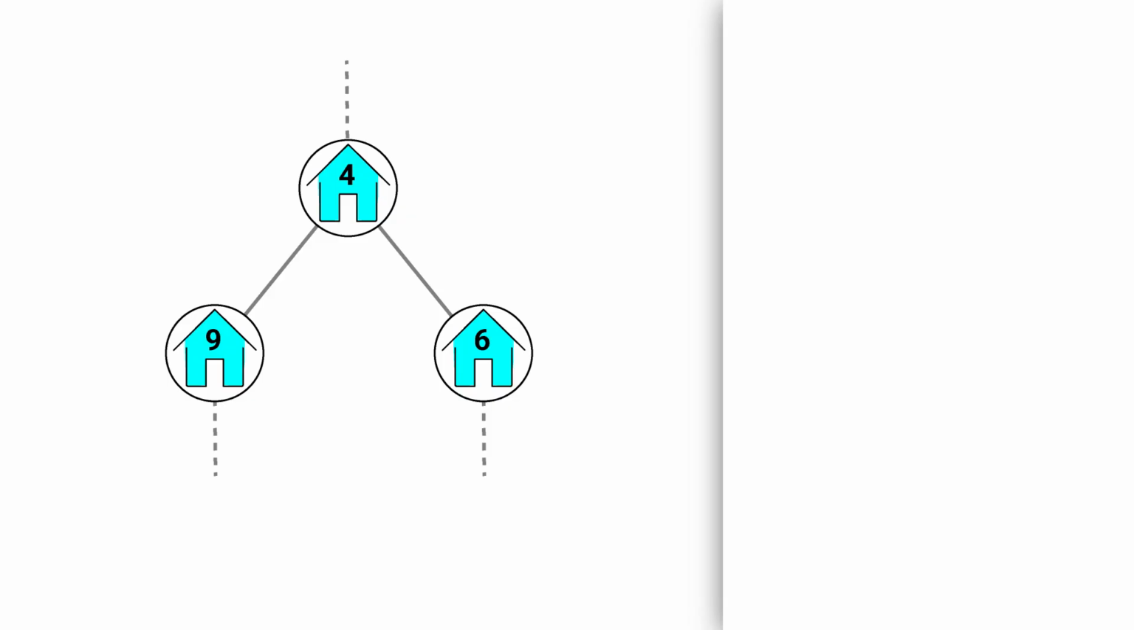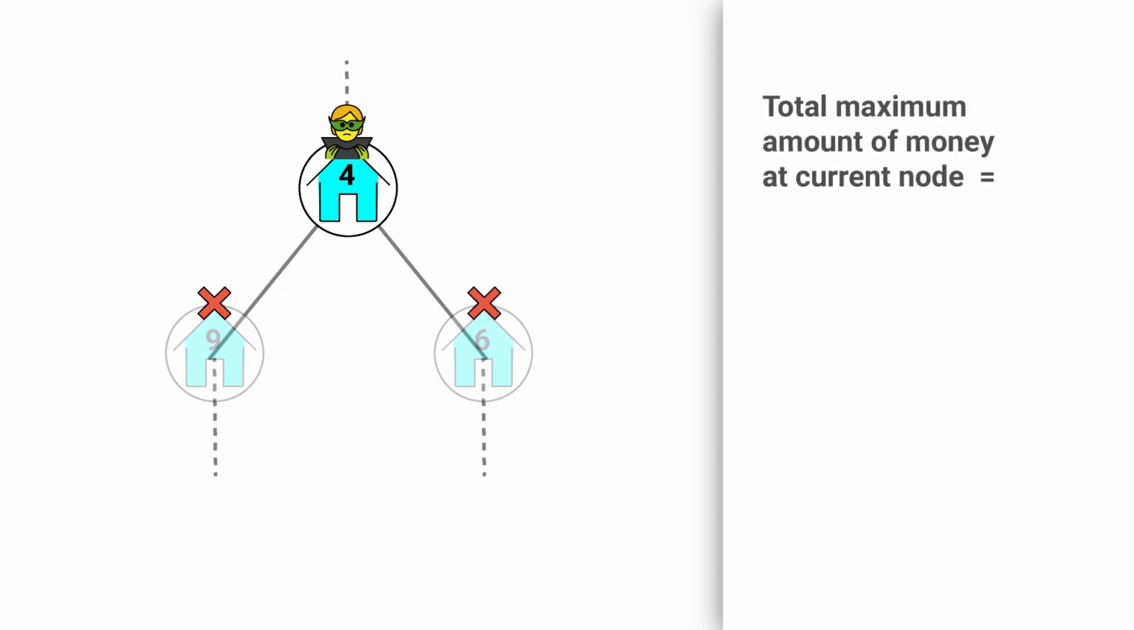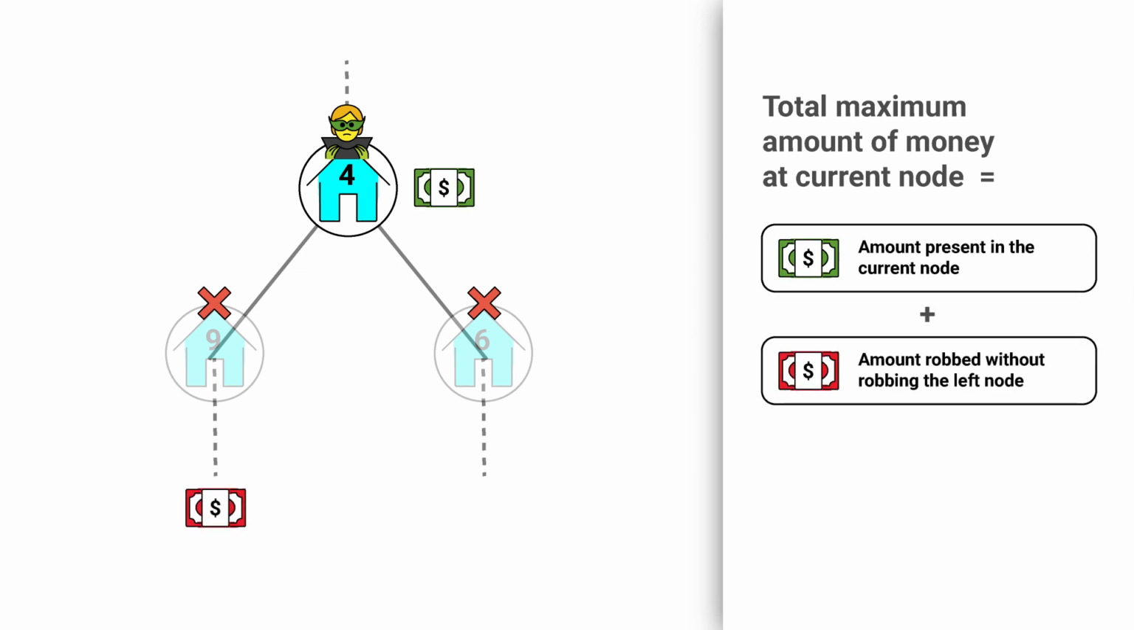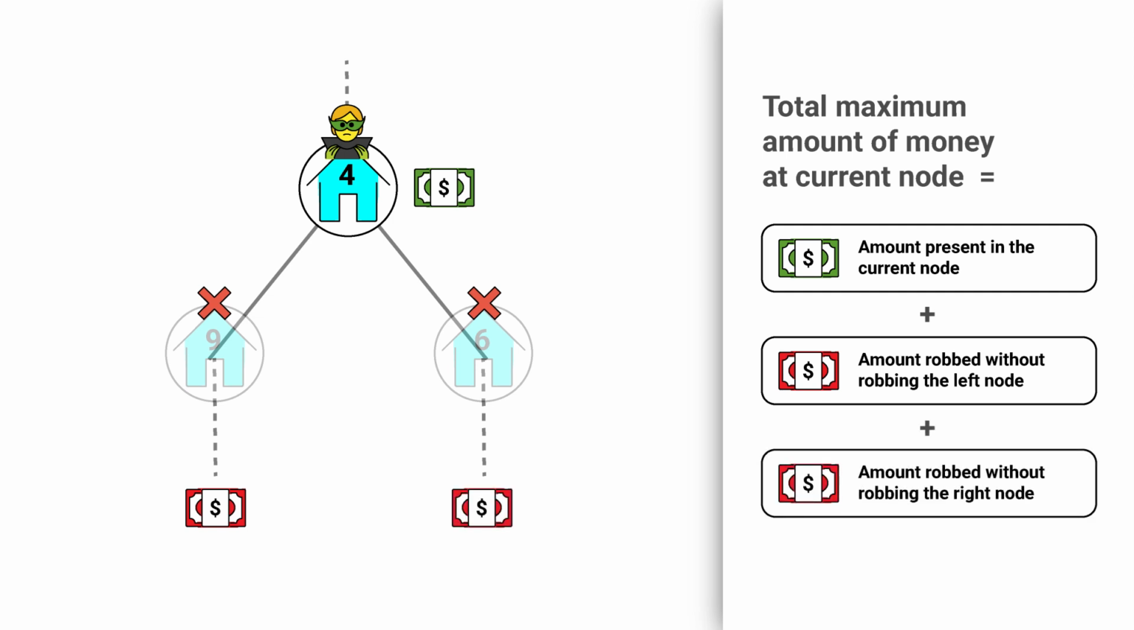At each node in the tree, we have two options. Either we can rob from that node or not rob from that node. If we are robbing the current node, then we cannot rob the immediate left node and immediate right node because they both are adjacent to the current node. Therefore, the maximum amount of money we can rob will be the amount of money present in the current node